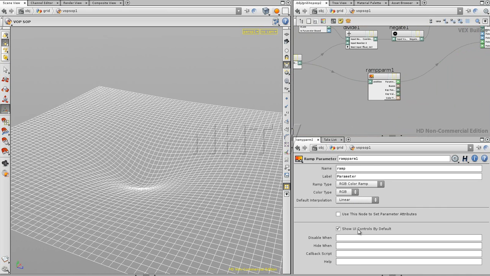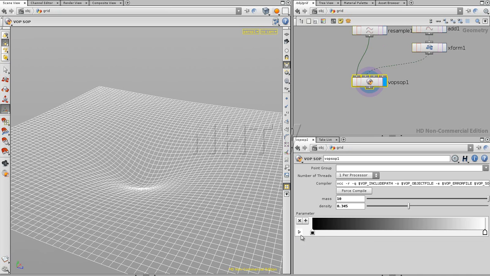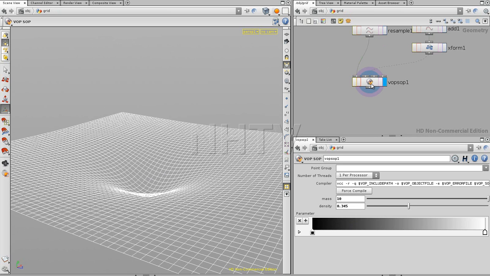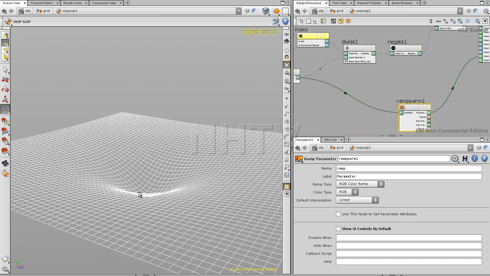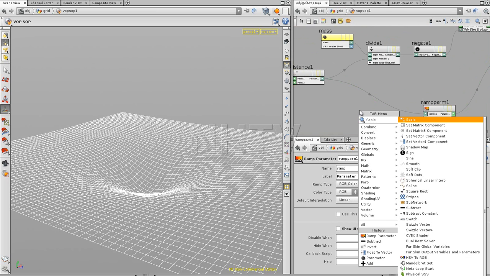Show UI controls by default. I'm going to switch this off because that's a little bit too busy. So the UI controls that they're talking about are these ones. We don't want to have them by default. So okay, what do we see? We see over here our color, and we see everything is just being white. Let's see if we can change anything over here. I think we might need to change what we have over here, because we're talking about these distances, although I think it's rather strange that we don't see anything at all right now. So